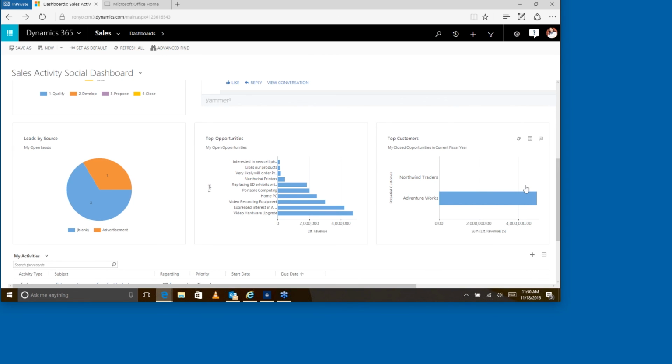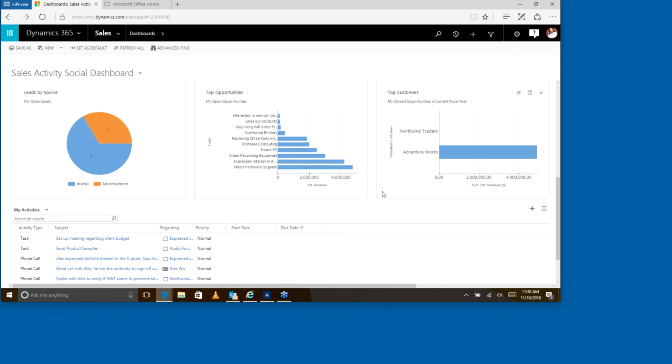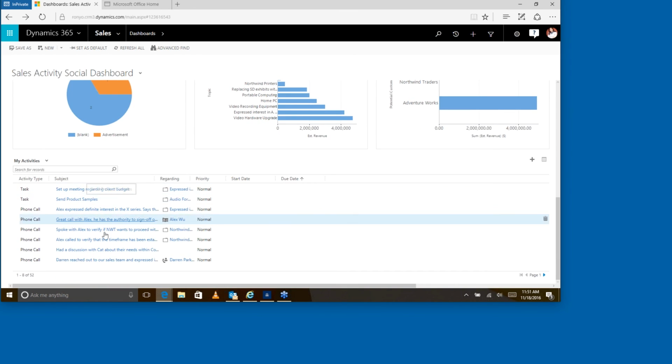Then I look at what my activities are that I need to have. I have these tasks to be done for today. I have these phone calls to be made. All of this is there on my single dashboard screen on the desktop as well as on the mobile phone. Now,